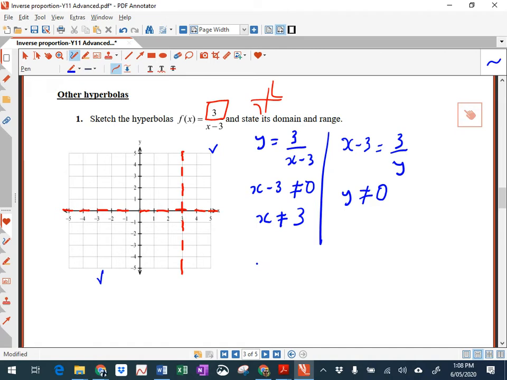Now, the only thing we need to know is the intercepts. So I'm just going to put in what happens at x equals 0. Okay, x equals 0, we get y equals 3 on minus 3, which is negative 1. So at x equals 0, y equals negative 1, just there. Okay. Now y can't be 0, so there is no x-intercept in this case. So we're just going to draw that in now. So show yourself getting closer to the axes. There we go. And over here,